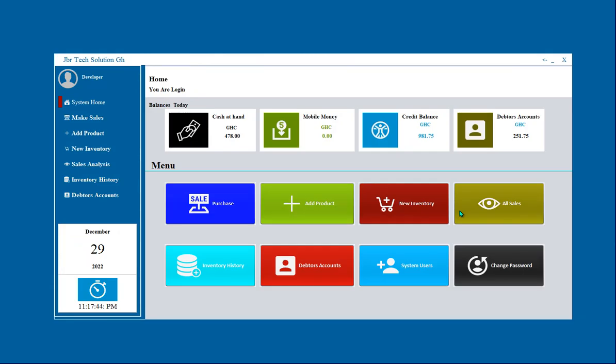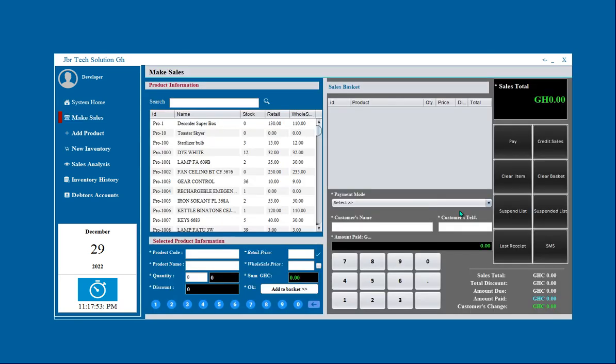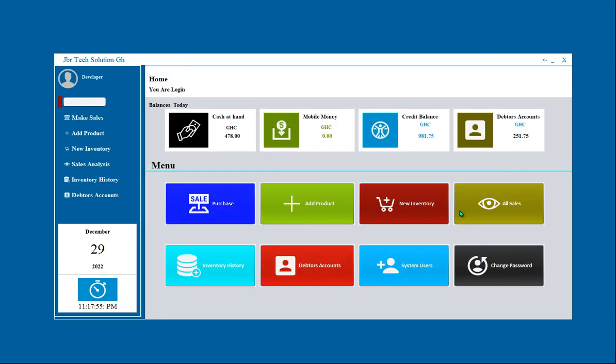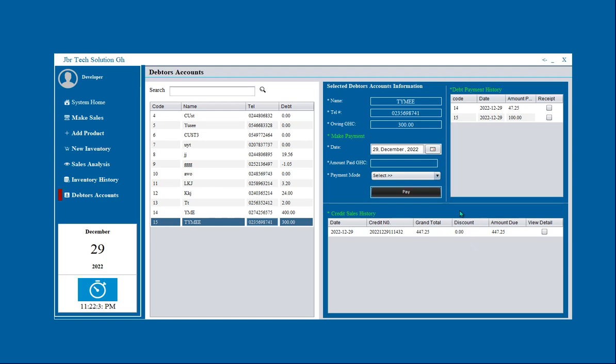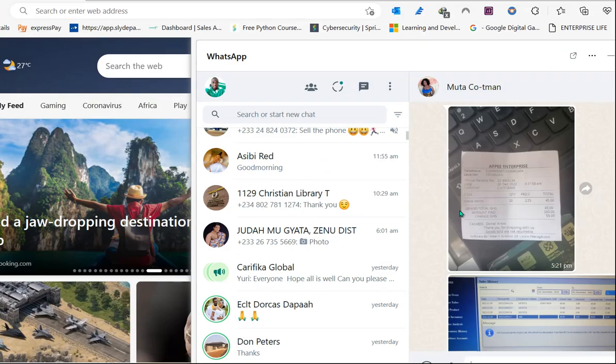Alright, so the changes that we're expecting are here. As a credit balance, debtors account, this money is at hand. And the calculation